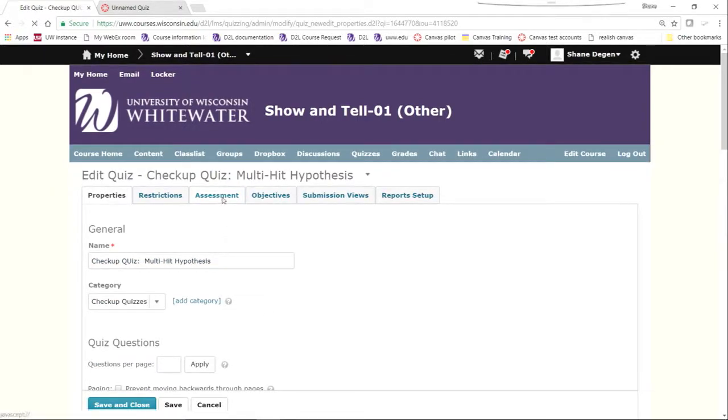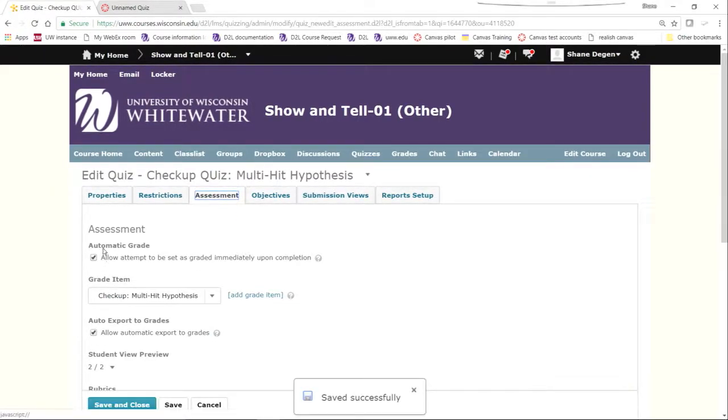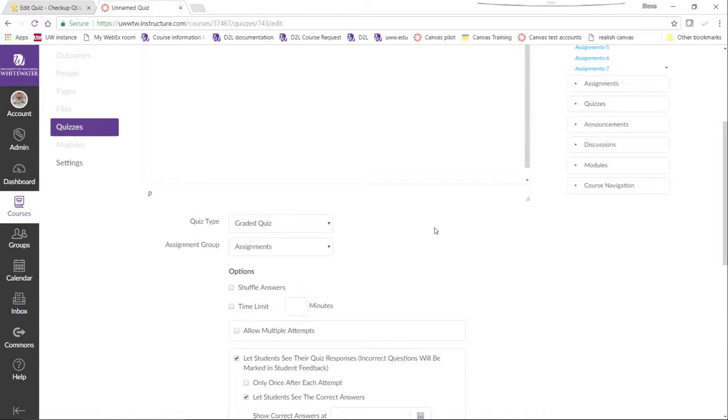So for example, if we edit in the assessments area, you can see that this one was set up to automatically grade and automatically send that grade to the gradebook. It's very common for instructors to forget to check one of these boxes, meaning that grades would not be sent to the gradebook after a student completed a quiz. In Canvas, that's taken care of for you simply by selecting the graded quiz. It'll automatically create the item in the gradebook and link it.